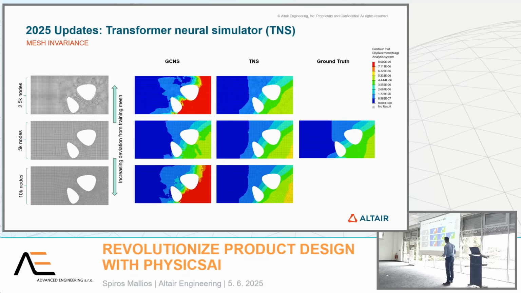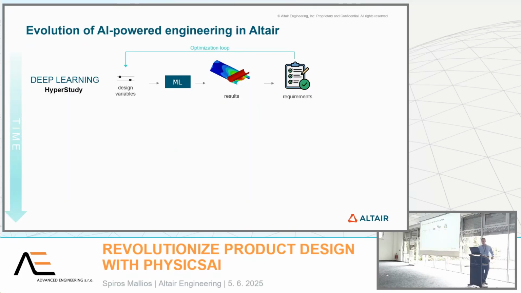You can see that in all of these three designs, the results match the ground truth much better than with the older architecture, which is, as you can see, very sensitive to how good the mesh is. Here it's quite the same, but on these two scenarios, you see that the predictions are quite far off from the ground truth. So these are some very nice additions from our